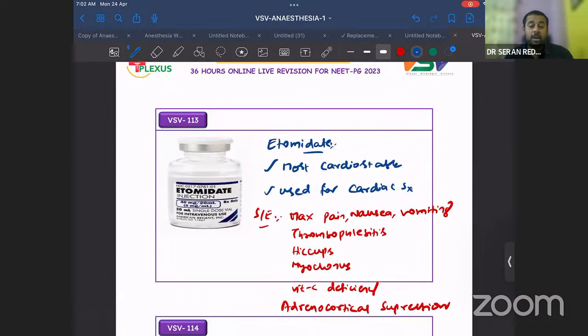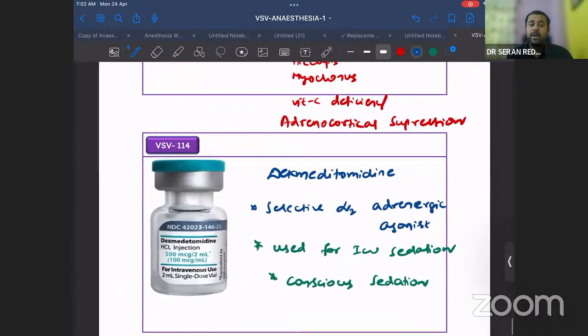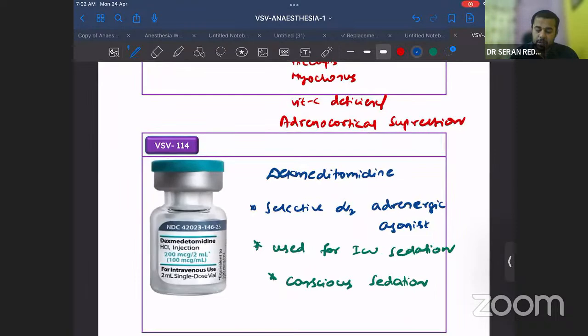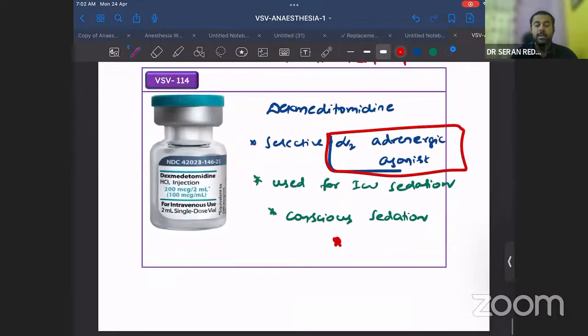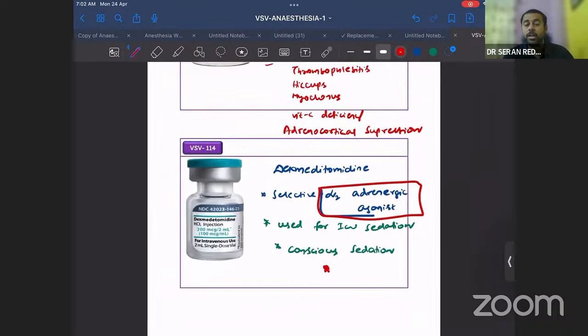And then etomidate is the drug which is most cardiostable, used for cardiac surgeries, but the side effects of etomidate are very important. It is the IV induction agent which causes maximum pain, nausea, vomiting, thrombophlebitis, hiccups, myoclonus, and adrenocortical suppression. And there's dexmedetomidine, which is becoming popular. It is a selective alpha-2 adrenergic agonist, used for ICU sedation, and it helps for conscious sedation. Conscious sedation is very important. So this is all about the most important